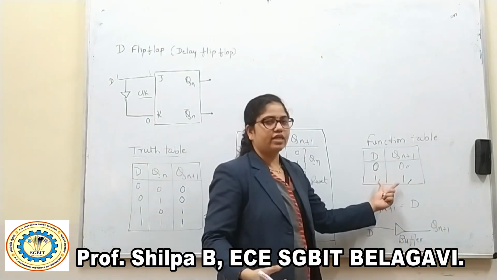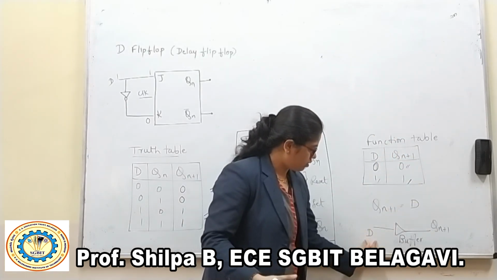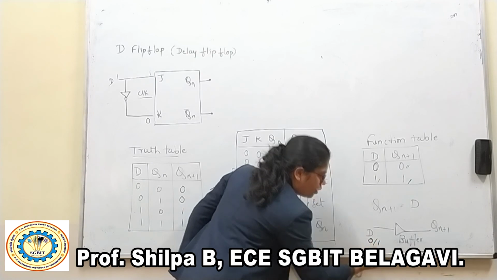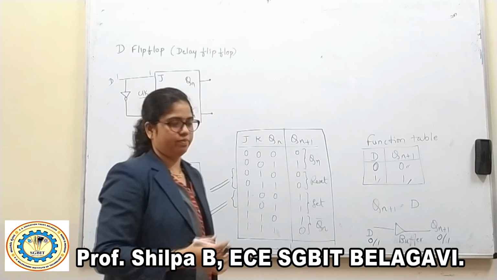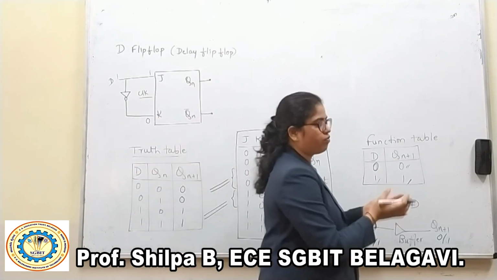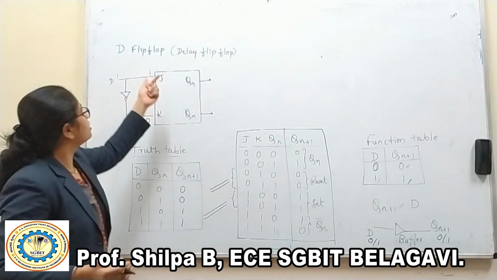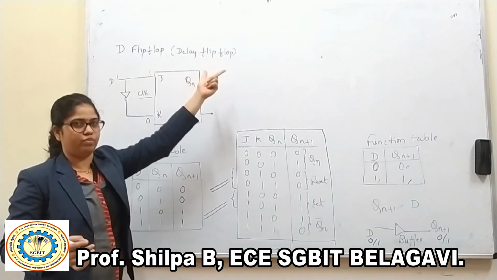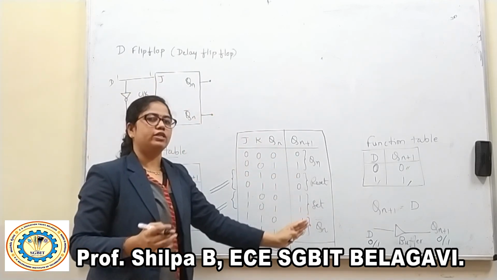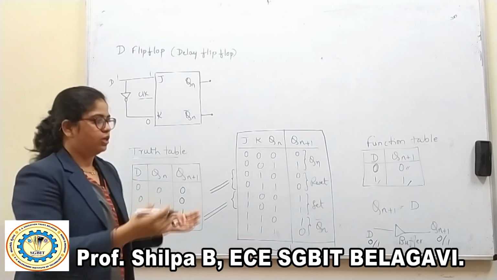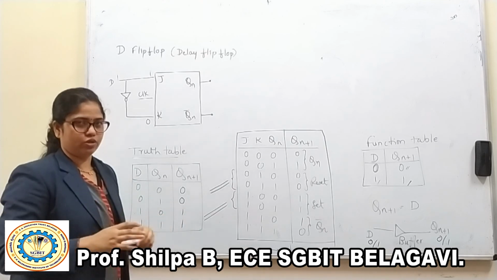So only it can be considered a delay flip-flop. The input you give here, 0 or 1, the same output you get at the output side with some buffer. A buffer is nothing but something that holds for some time and then sends the output. So only we name this D a delay flip-flop. Whatever input is there, the same is the output, and it reaches the output with some delay. And there is no change in the output.